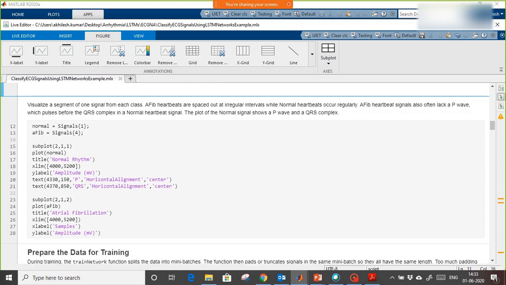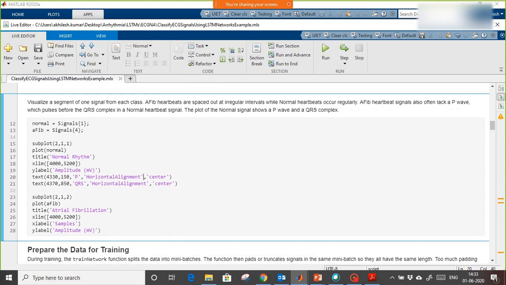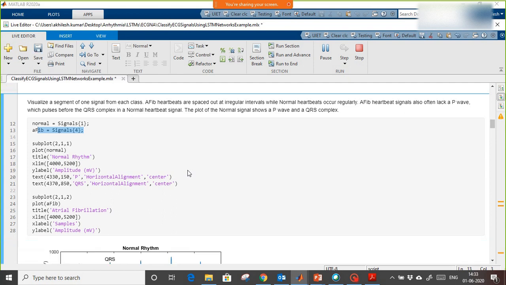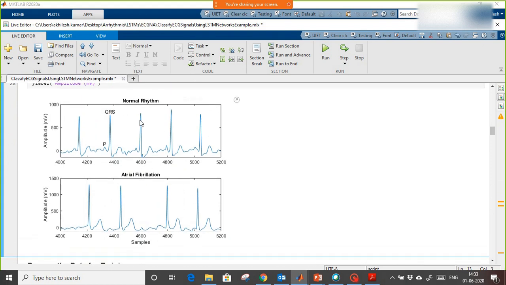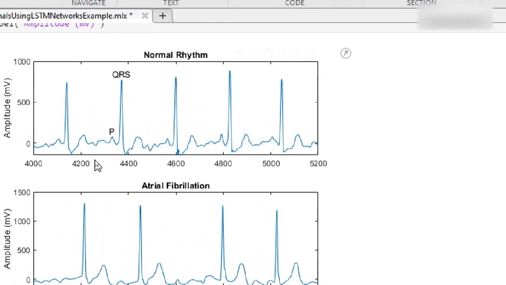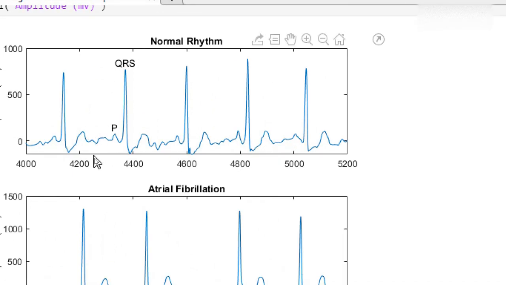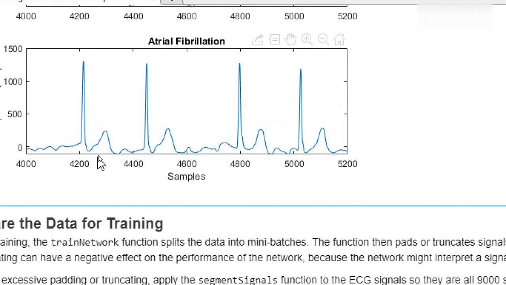Next, I am going to extract the first sample from normal and the second sample from abnormal, which is index number 4, and I am plotting both here. It is very simple. You can use subplot to plot in the same figure window as a sub figure. The first one you see is normal. You can see the difference in this wave. The normal wave goes like a zigzag, but in abnormal we are getting some spikes here, right?